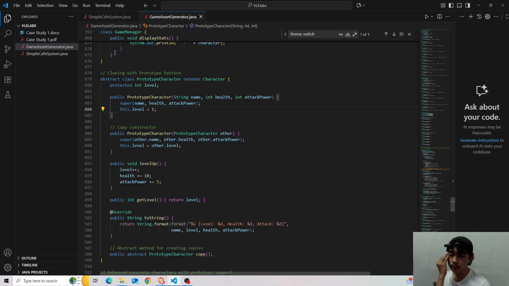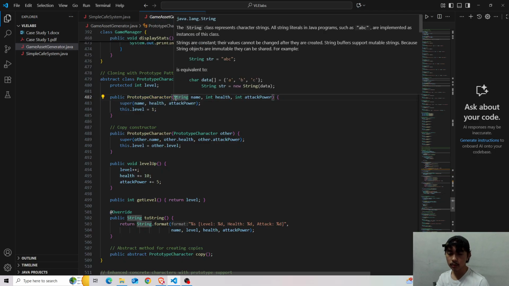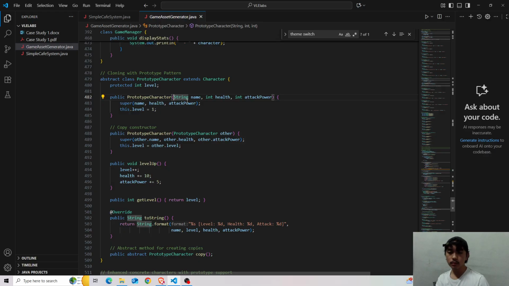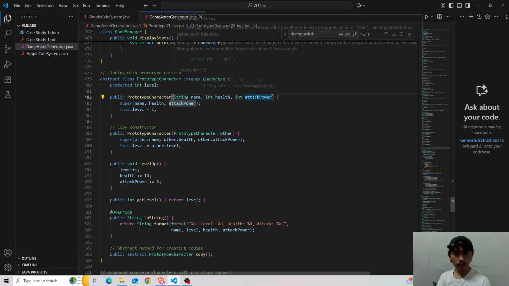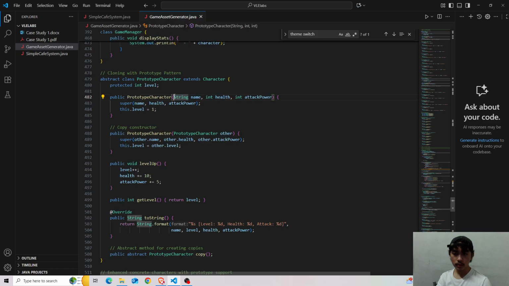For the second one, this copies the constructor of the prototype character, and the prototype character sets the parameter as other. So for the first one, the prototype character has parameters here of string name, int health, and int attack power.